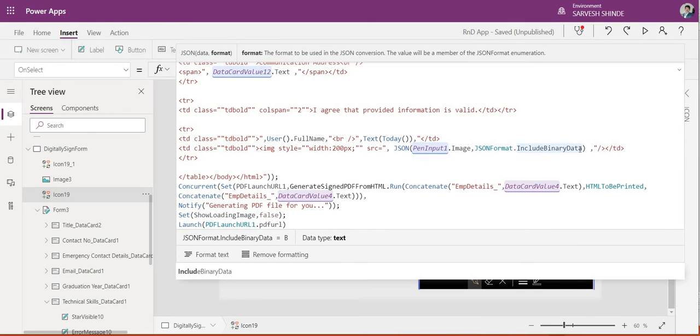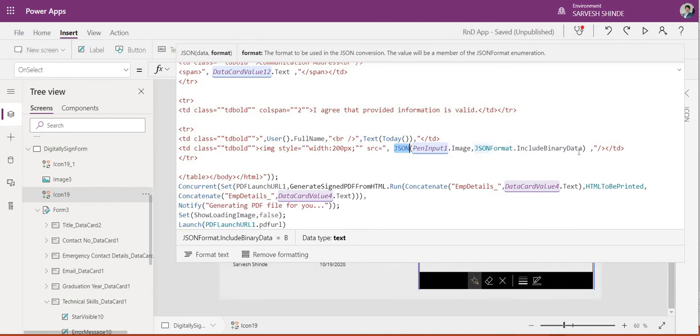This is the main part in our HTML generation, wherein source is equal to JSON(PenInput1.Image, JSONFormat.IncludeBinaryData). This will generate binary data and add it here as a source, which will be an image.